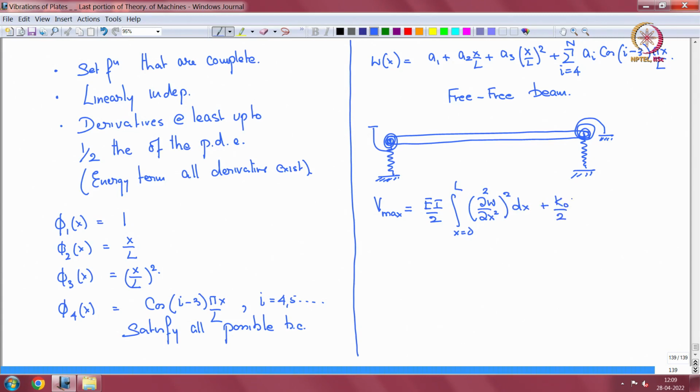Then you include your spring energy at x equal to 0, the spring energy at x equal to L. Then you can have rotational springs, maybe 1 and 2, with del W by del x whole squared at x equal to 0 and at x equal to L,